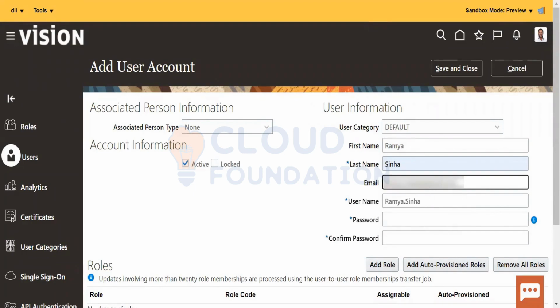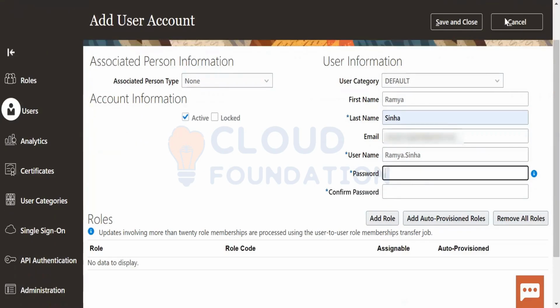And the password, whatever I keep. You can add the password and save and close. So this is the way we create users.